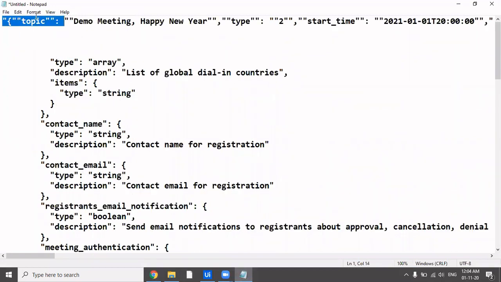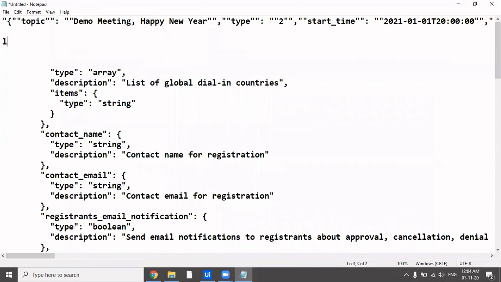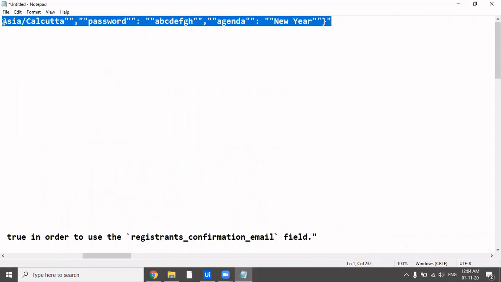So this is topic and then the value. So this thing ends here, separated by a comma. So that's how JSON is. It's like key, then colon, then its value. And like that, I have pasted everything, all the required things only.